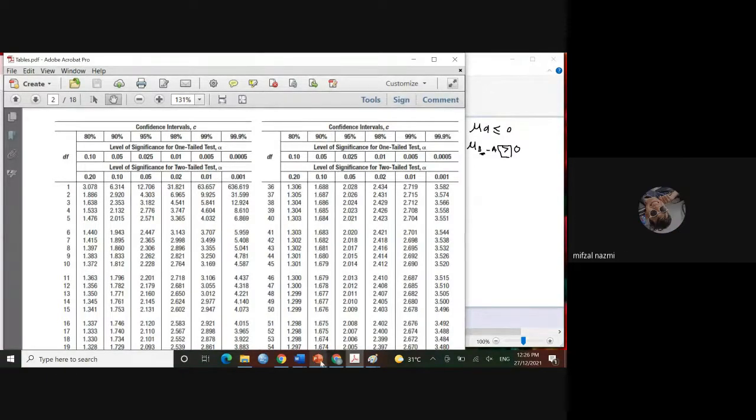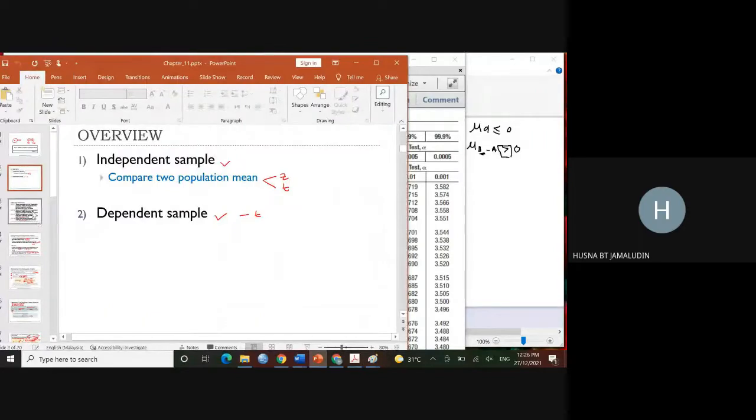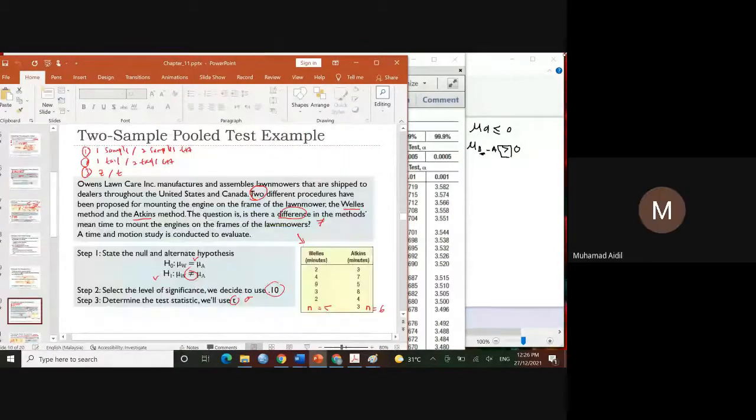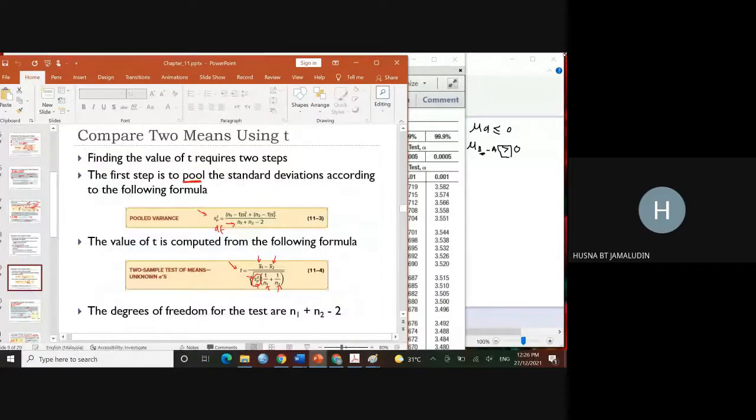What is the formula of degrees of freedom for a dependent sample? N minus 1. Okay, cool. So I just wanted to tell you, okay, for